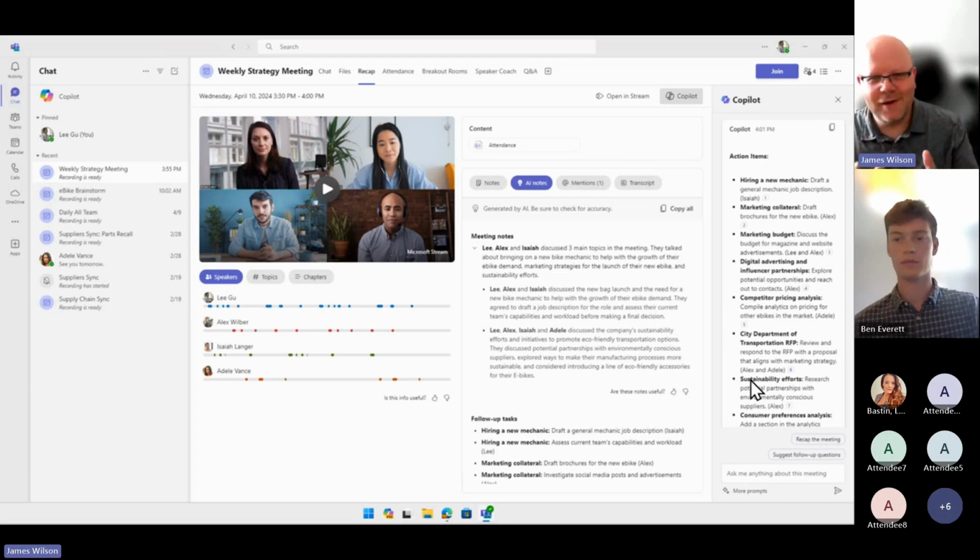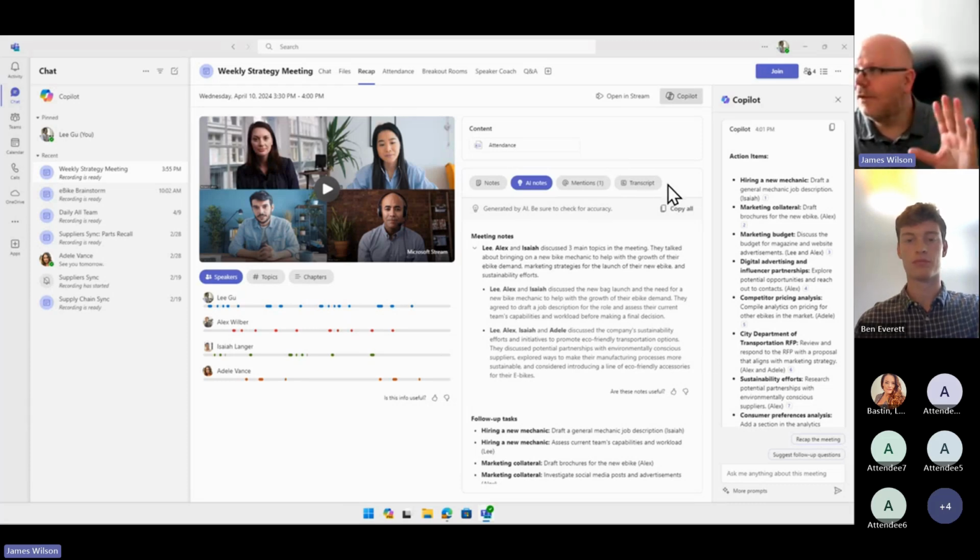Absolutely everything with regards to AI is incredibly impressive. Is it all 100% perfect all the time? No, it's absolutely not. So I'll reiterate the point. When you start learning these tools, get used to the idea that you've got to sanity check and double check it's working and make sure everything is as you would expect it to be. But I cannot tell you the amount of time and energy it saves to have Copilot take meeting notes that you just then have to go and make sure it's got everything that you had, and then you can copy paste them out in a really neat format to share with people on email or on Teams. So that's a demo of this particular feature